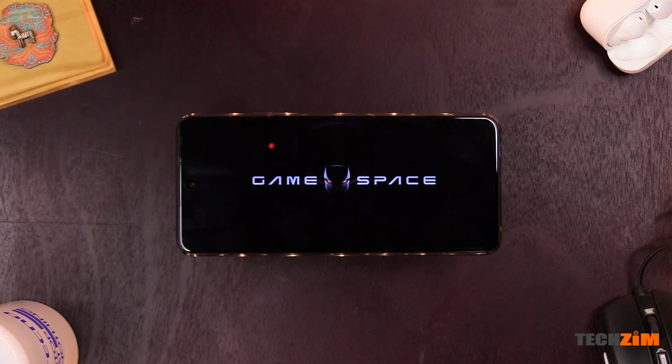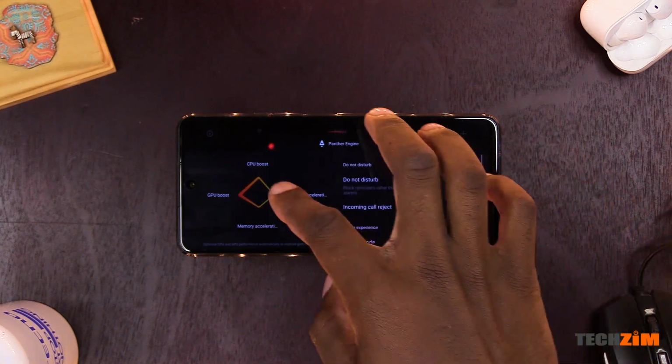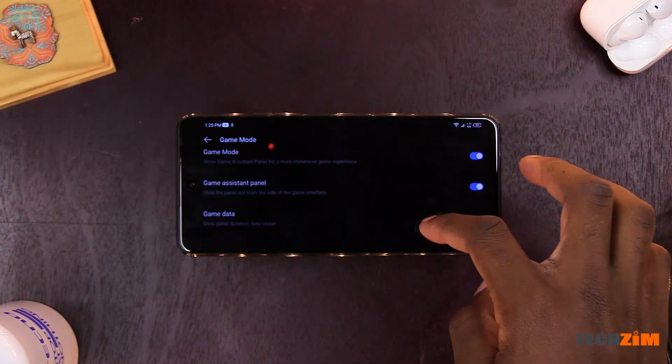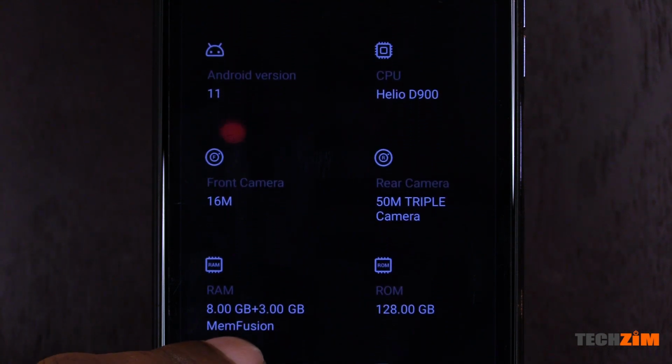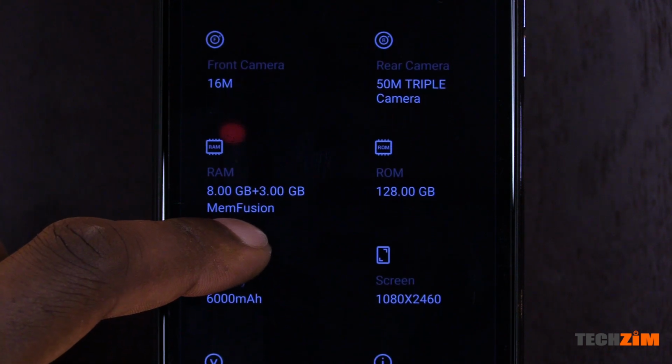There is also a Panther game engine which curates your local gaming library and knocks off some background apps to ensure that you get maximum performance when gaming. Speaking of performance, we have 8 gigs of RAM, some really fast LPDDR5 RAM, and 128 gigs of also really